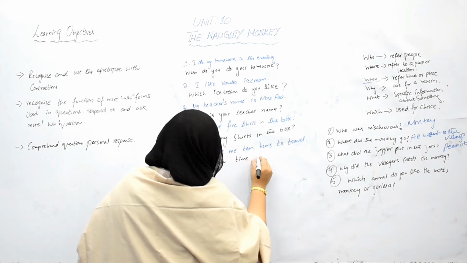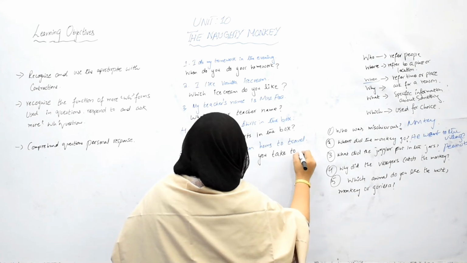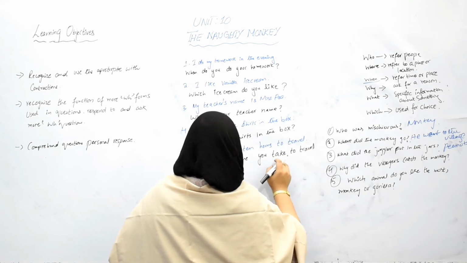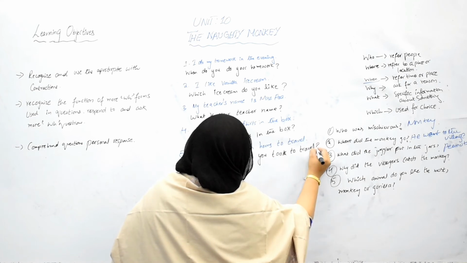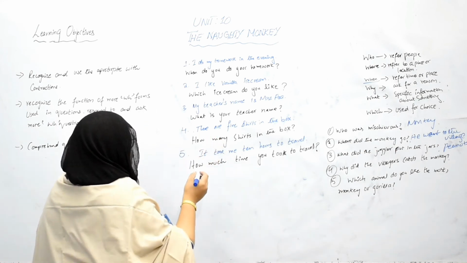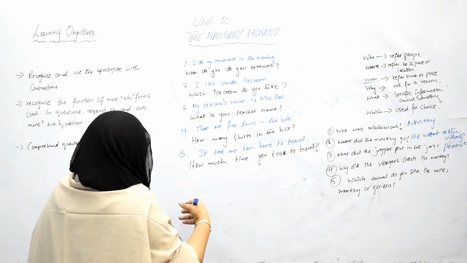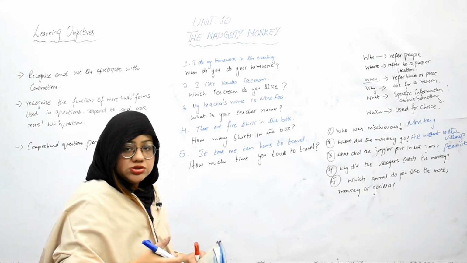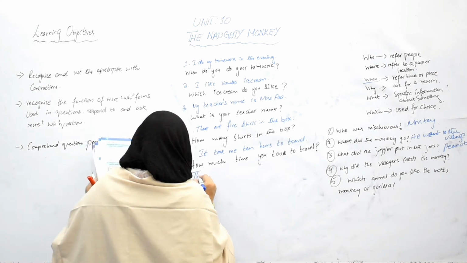How much time did you take to travel? A question mark at the end of this one. If we have quantity, I use how many or how much. If I'm using how much, that is for time; for much quantity I use how much. Number 6: they are